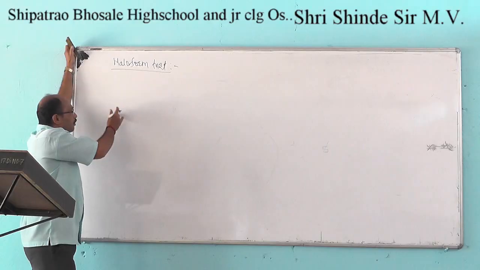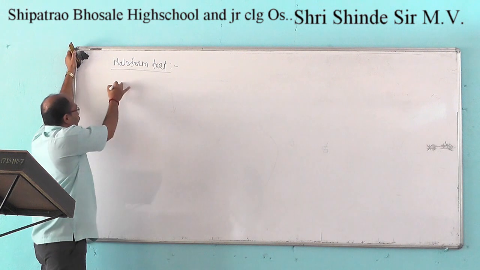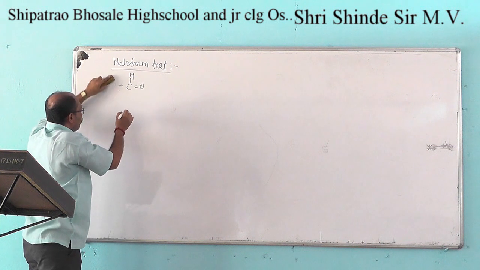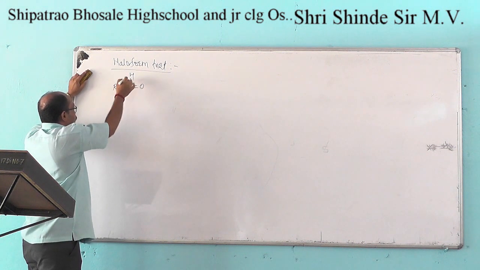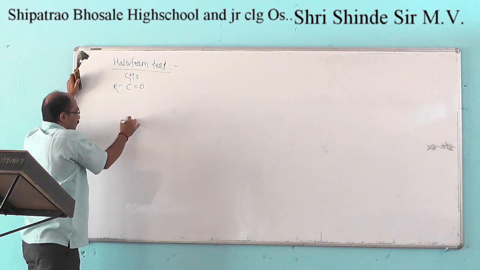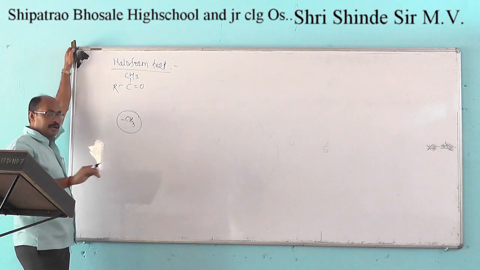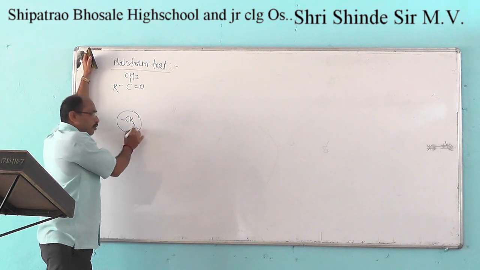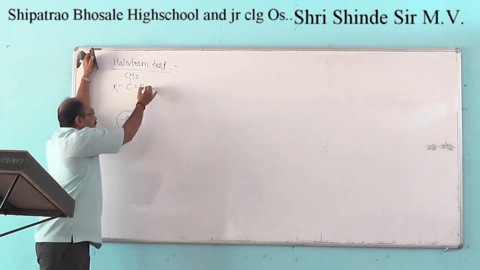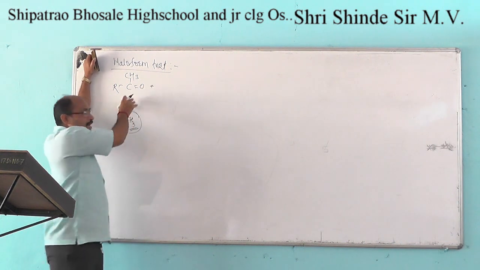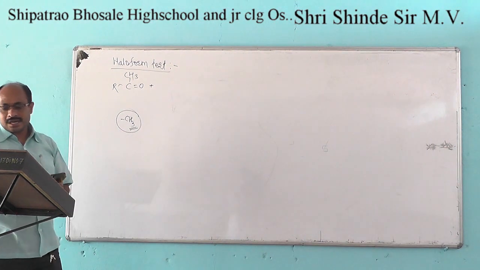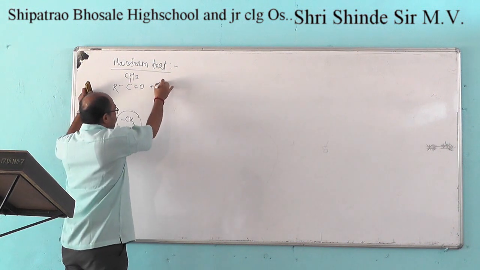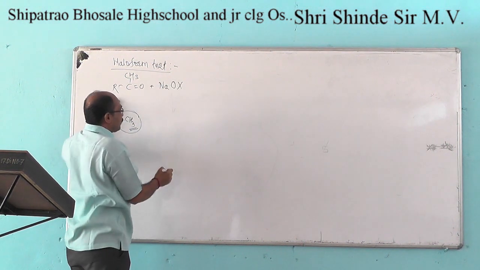It involves the formation of haloform when aldehydes or ketones which have the presence of at least one methyl group are oxidized by using sodium hypohalide,